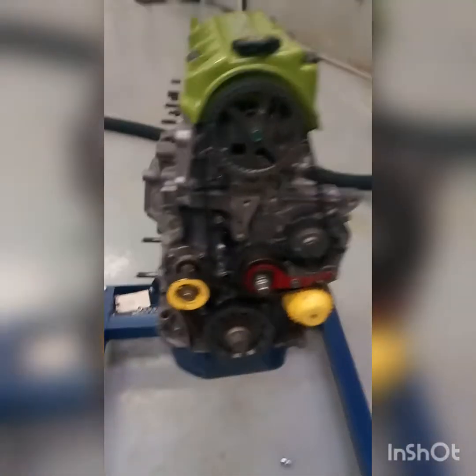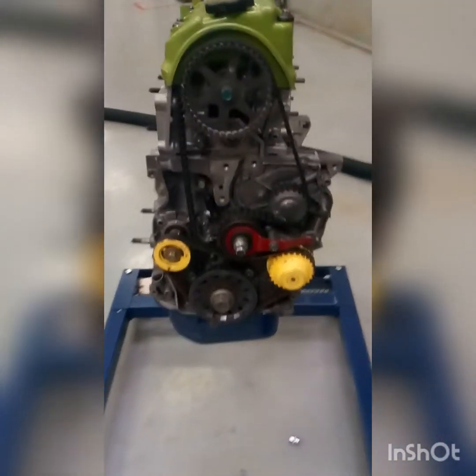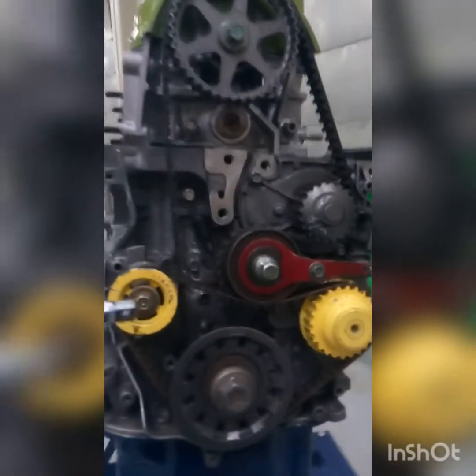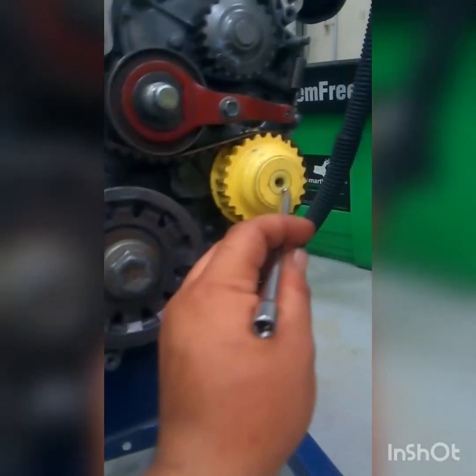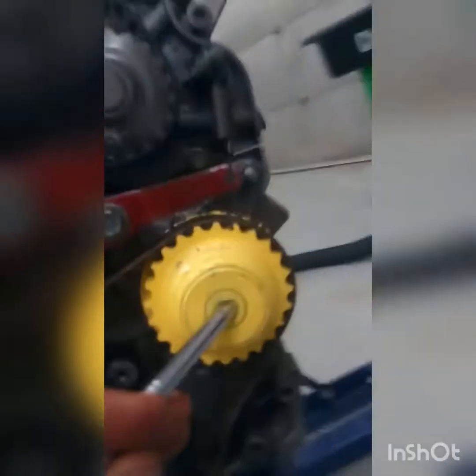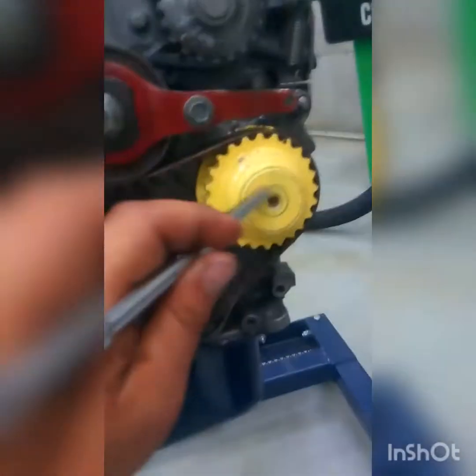So this is just a simple single overhead cam setup, timing, and I'll be explaining the components and their purpose and how it all forms together. So up here, this is the gear for the camshaft. This one's for the crank. This is a balancer. Wait, actually, that is an oil pump. No, balancer, oil pump,